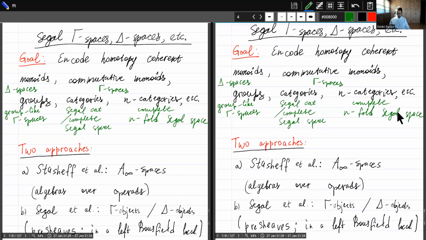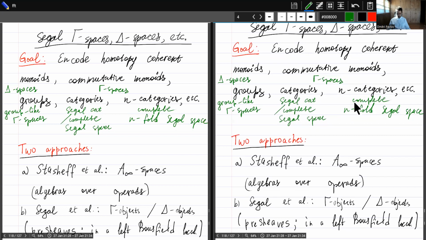And from a historical point of view, there were two approaches to defining such homotopy coherent structures. The approach that I guess I would say was pioneered by Stasheff, but then picked up by many others, including May and Gay and other mathematicians, is what I would call the algebraic approach. So the algebraic approach says we are going to encode,